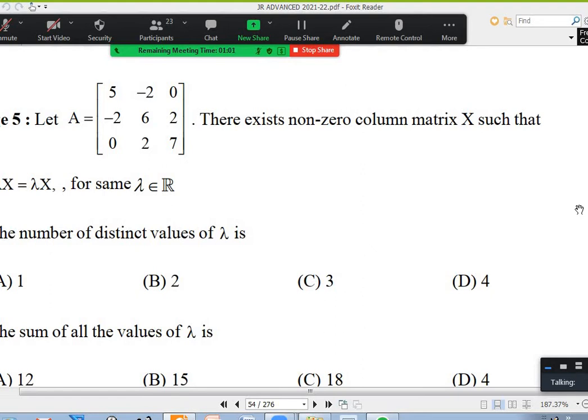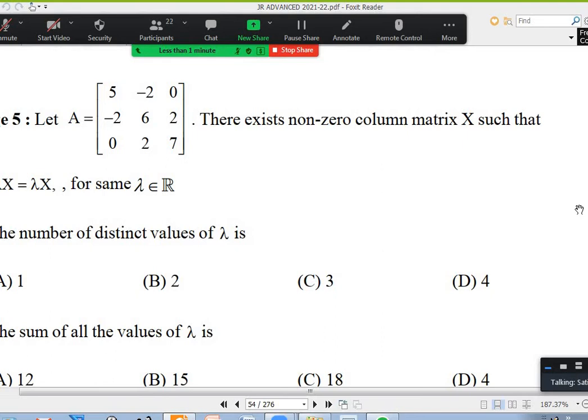Yes. If you take this capital X as x, y, z, because it is a null matrix and all constants are 0, it is separately 3 different equations. But we don't want the 0, 0, 0 solution. Other than that, you want a non-trivial solution. Non-trivial solution means this determinant should be 0. So delta, the determinant of A minus lambda I, should be 0.